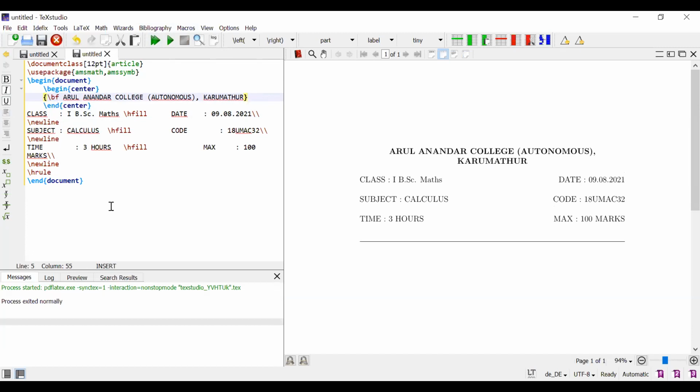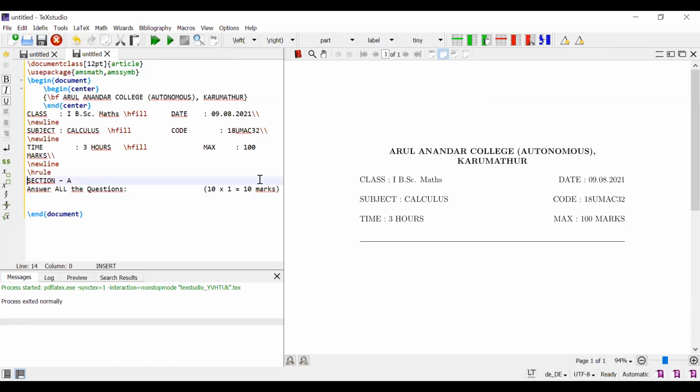Okay. Next, I'm going to start my question paper. The first is Section A, answer all the questions. Section A is in the center, and the answer-all-questions line and the marks are on the right-hand side. So I just copy it and go to this one.